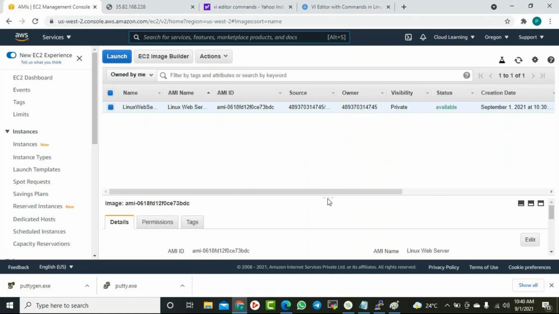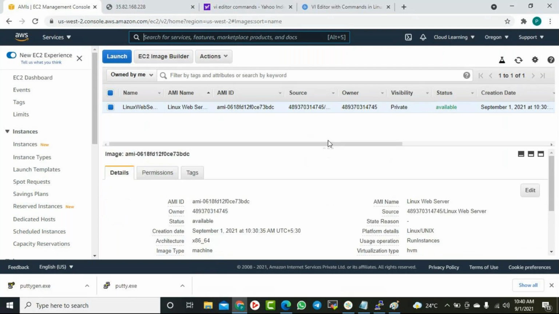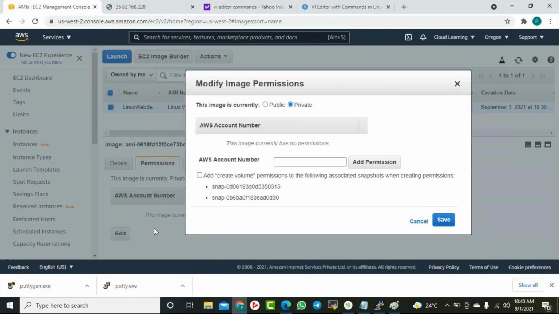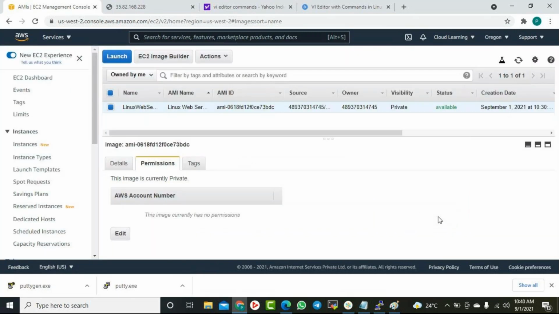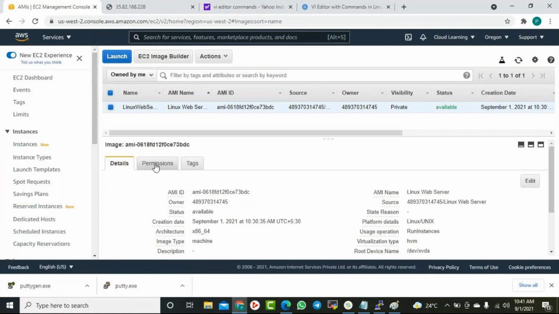So I go here and I give your account permission. Okay, just check after 3-4 minutes. It should be there. It will be the Linux web server. The ID we need to be careful about, right? BDC. Correct. Okay, so the permission is given to your account.